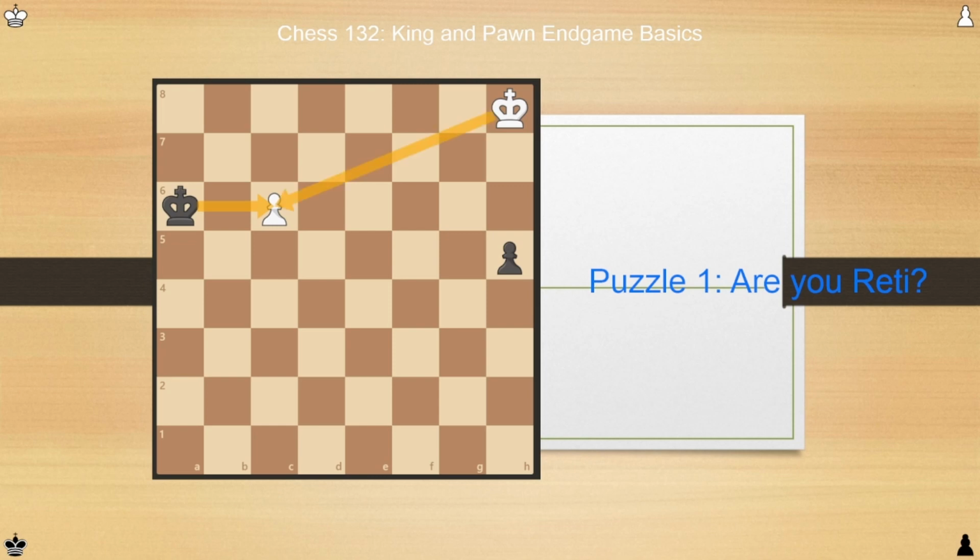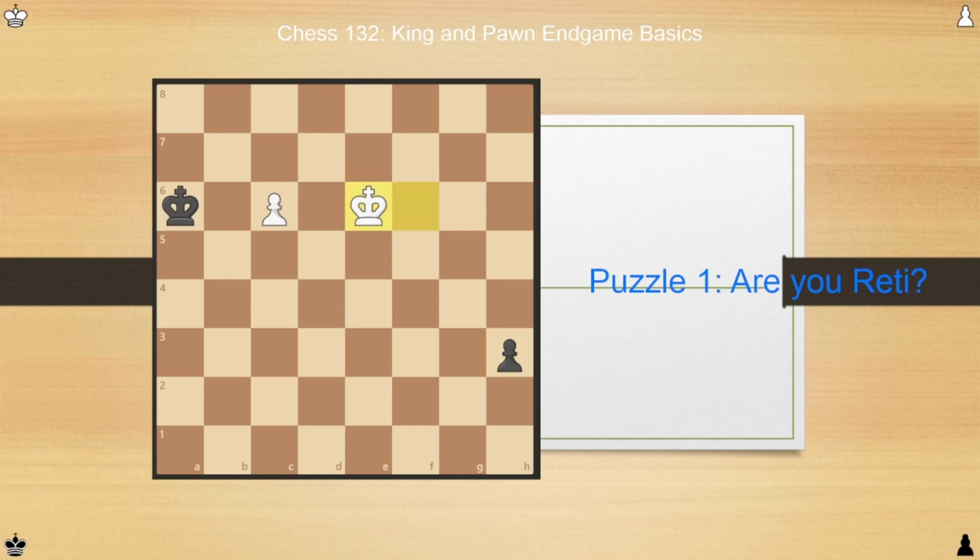But now we can realize something. What happens if we try to do both things at the same time? And thus, our first move is king g7, stepping both towards our pawn and our opponent's. Let's first see what happens if our opponent tries to push the pawn all the way to make their queen, h4. We'll continue with king f6, h3,